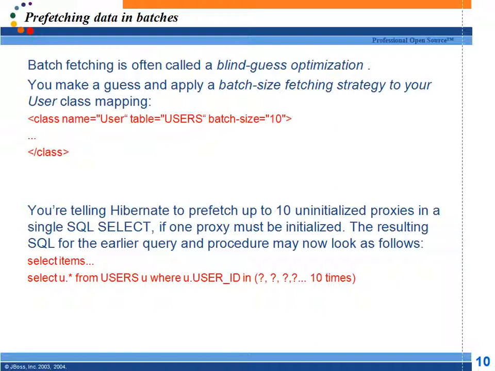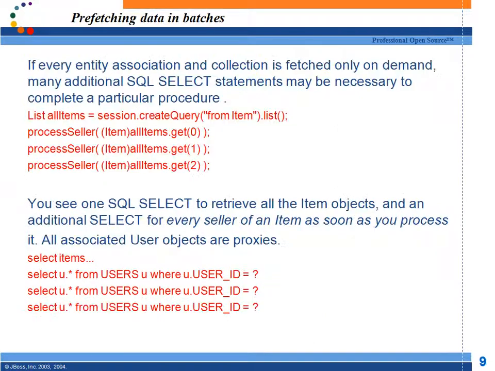No queries are fired. For the first time, whenever you got items, you got 20 items. For each item there is a user. So at this line, when this query is fired, 20 items are got. Each item will be having a proxy to the user. Whenever you try to access the first proxy of the first item, it will fetch 10. So the number of queries will be reduced.